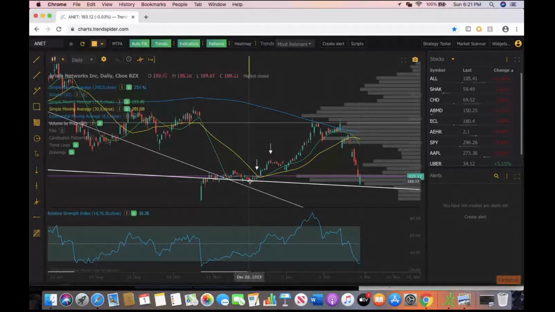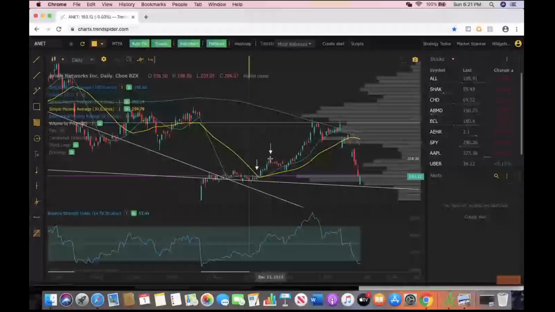Right here, it gave me a good signal that it's holding by support. We close over here, we have support here. So I entered on this push up on this candle right here. Within a couple of days, let's say I entered at 193 and we went all the way up to